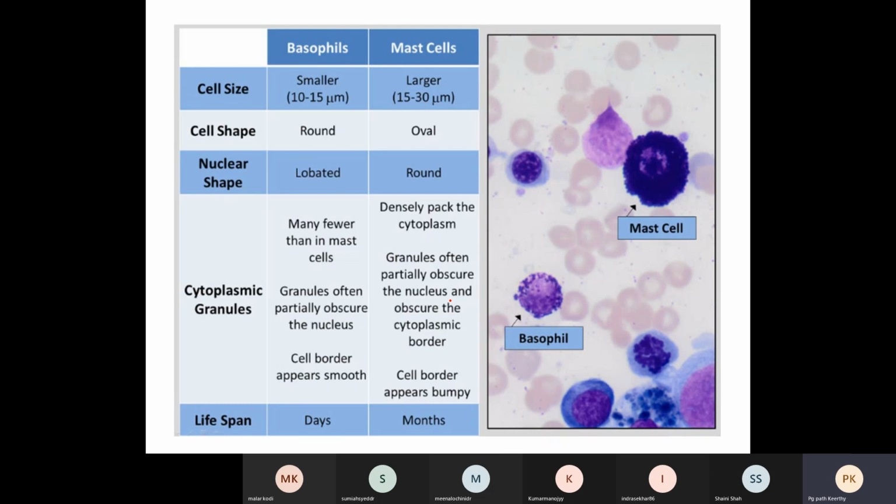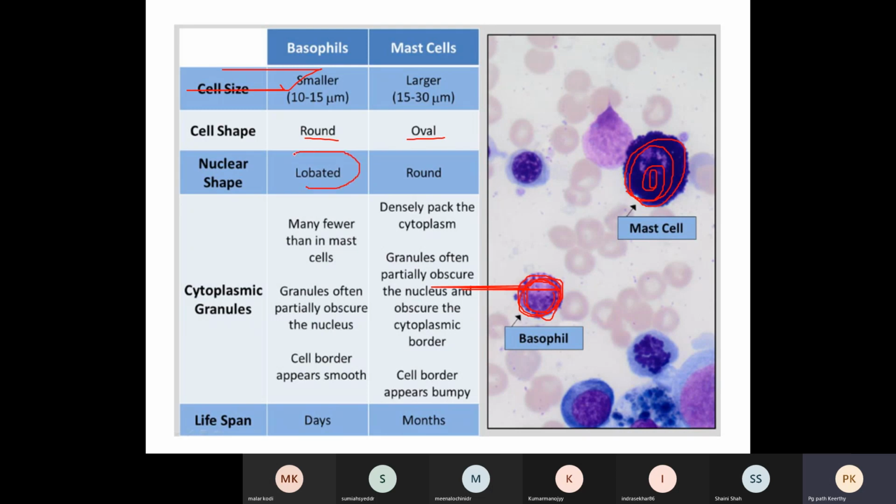Now, how do you differentiate between the mast cell and the basophil? See, both have these blue colored granules, right? But basophil is exclusively seen in the circulation, whereas mast cells are seen in the tissues. The basophils are released once they are matured, but mast cells are released as precursors. Once they reach the tissue, they become mature, right? So basophils are smaller compared to your mast cells. They are more round and somewhat oval.